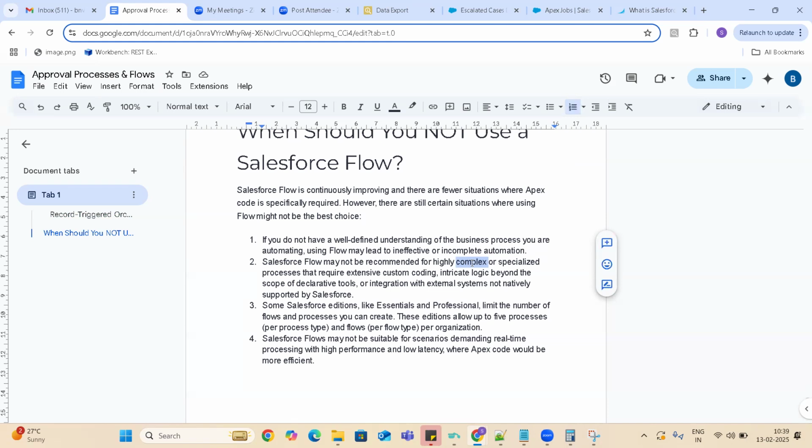Such scenarios also, we will not suggest flows, guys. For all highly complicated functionalities, we recommend using Apex only, because flows have limitations. You can execute only up to a certain amount of data.